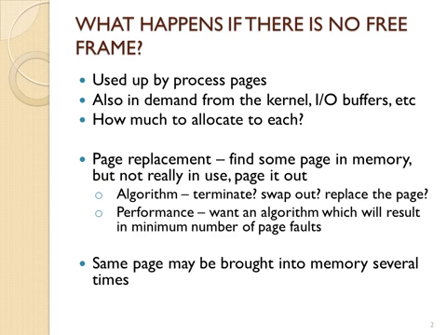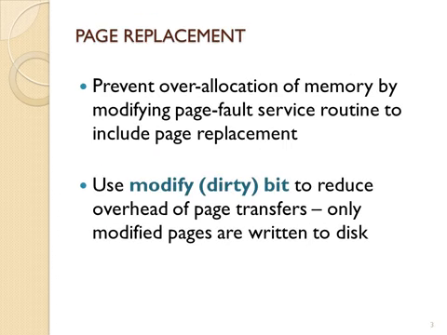So what happens if there is no free frame? We have to select a victim page that needs to be replaced, and there are different techniques that can be used to do that. The first technique is to use a local page replacement, which means that you have to select from your own pages, or a global page replacement, which means that you have to select from those pages that are on other